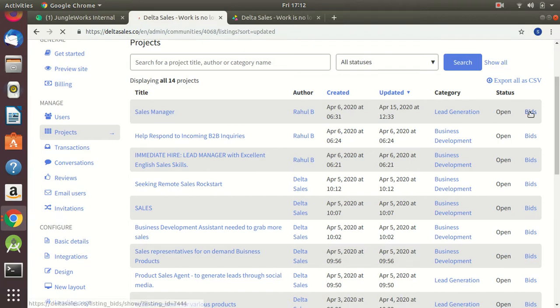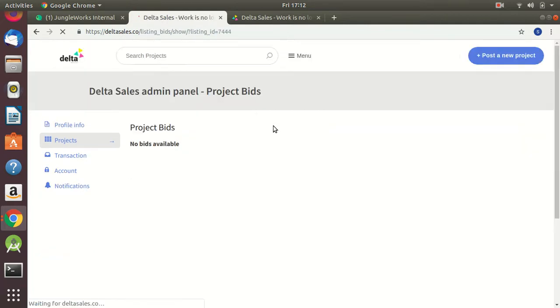And in the bidding section, all the bids that have been received from freelancers show up here.